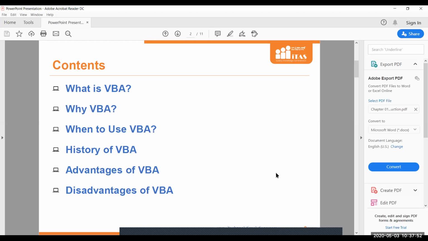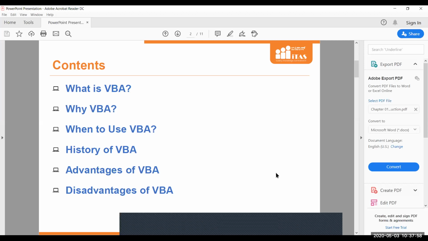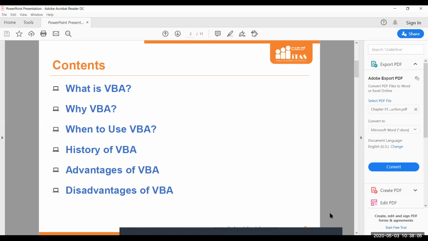It is very useful because you don't have to spend anything extra, and you don't have any hassles to install something new. If you have the MS Office applications with you, you can go about using VBA.